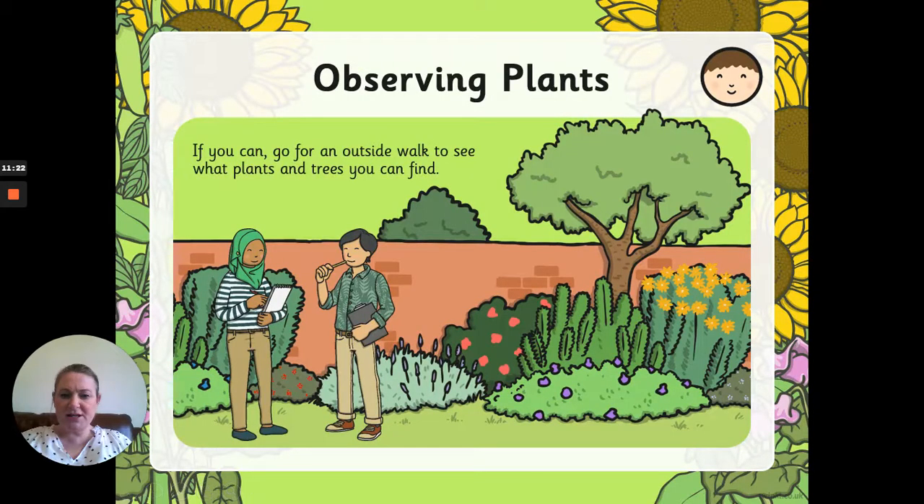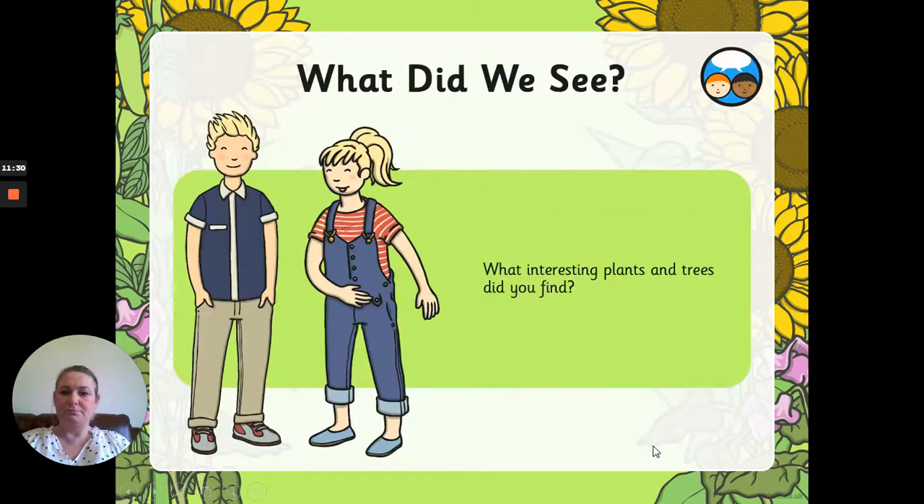So, I know it's difficult during lockdown, but if you can, at some point go for a walk outside to see what plants and what trees you can find. Okay, and then just have a think about all the interesting plants and trees that you did see. Could you name the parts? Could you tell whether they were deciduous or whether they were an evergreen? Did you notice any